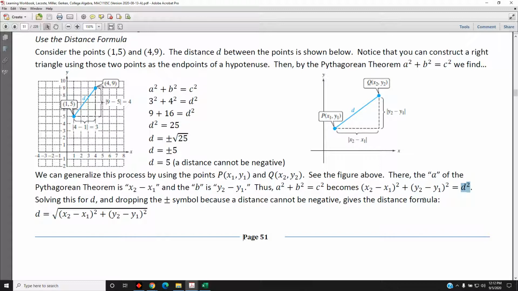equals d squared. Notice that we don't need the absolute value bars anymore because when you square something, it becomes positive. Solving this equation for d and dropping the plus or minus symbol because a distance cannot be negative gives us the distance formula. d is equal to the square root of, parenthesis, x subscript 2 minus x subscript 1, close parenthesis, squared, plus y subscript 2 minus y subscript 1, all in parenthesis,